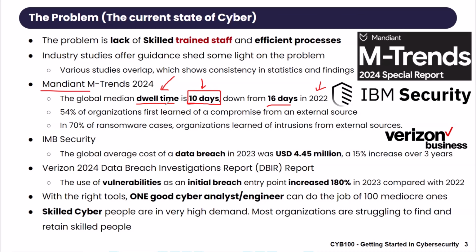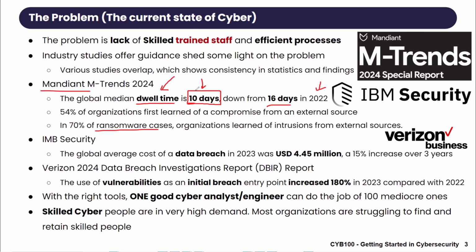But here's the problem, though. Whenever you get hit with something like a ransomware attack, you don't have 10 days. Right? With ransomware, for those who don't know what that is, when they get into your computer, they encrypt your data, they encrypt your hard drive, and then they ask you for some money. They basically hold your computer hostage. And then there's just a pop-up message on the screen that says, send us this much money, and then we're going to give you the decryption key. We're going to give you the key to unlock your computer, right? So ransomware is when they hold your computer hostage and ask you for some money before they give you the key to unlock it.